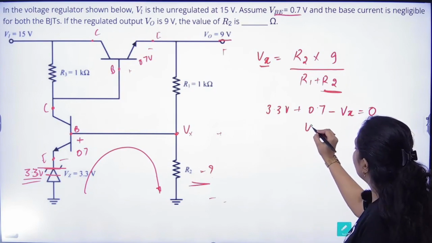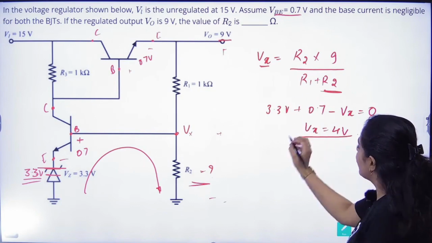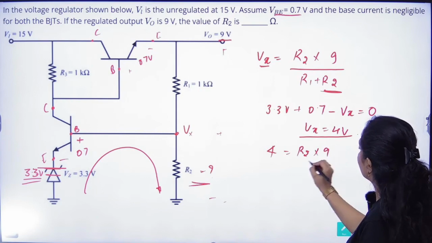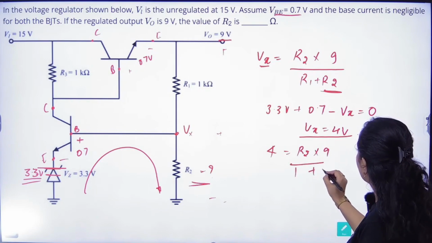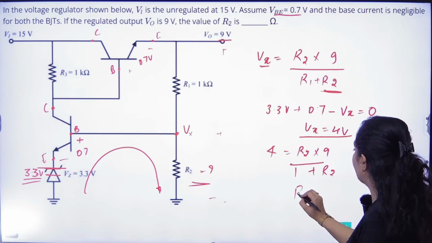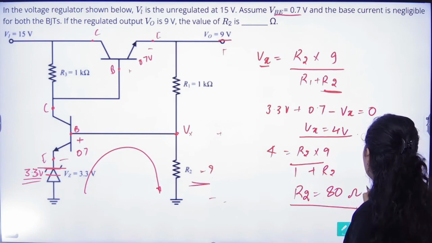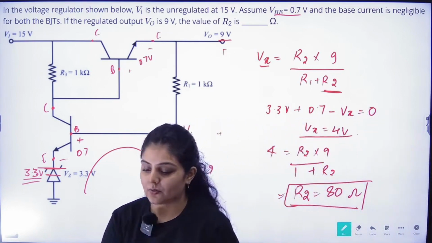So Vx will be equal to nothing but 4 volts. If I replace here, 4 is equal to R2 into 9 divided by R1, which we know is 1K, plus R2. From here, if we find the value of R2, it will come out to be